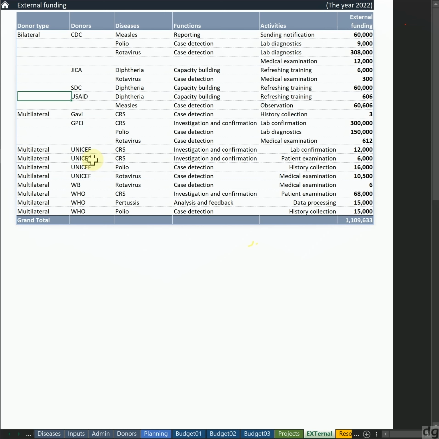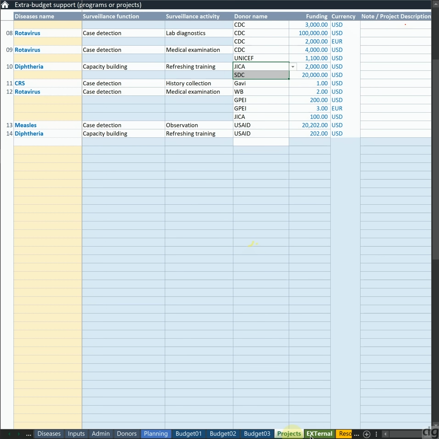Or the other way around, when it comes to diphtheria capacity building, it is considered in 3 places: here, here, here. Yeah, refreshing training. So it doesn't matter what is the sequence of entering projects and donors. The tool is capable of reshuffling them, reordering them, putting them in different groupings. That's a benefit of a dynamic tool. The content is not fixed. You're free to do it in any sequence, and then the tool takes care of the rest and makes sure that